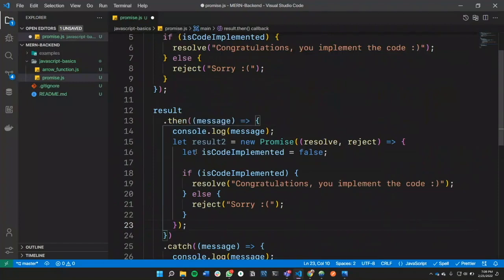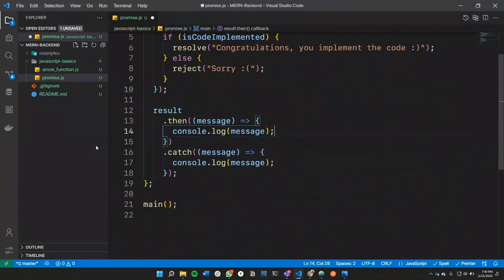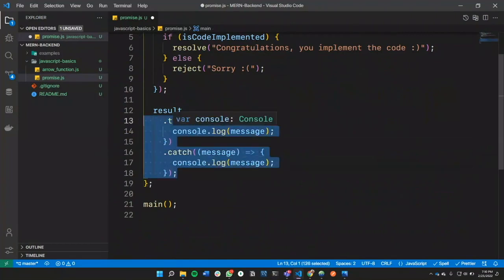We can implement as many promises as we want, but there is a problem because it reduces the maintainability and eventually reduces the code readability as well. So that is the problem of this then catch approach. That's why most developers prefer the async and await functions. So let me show you